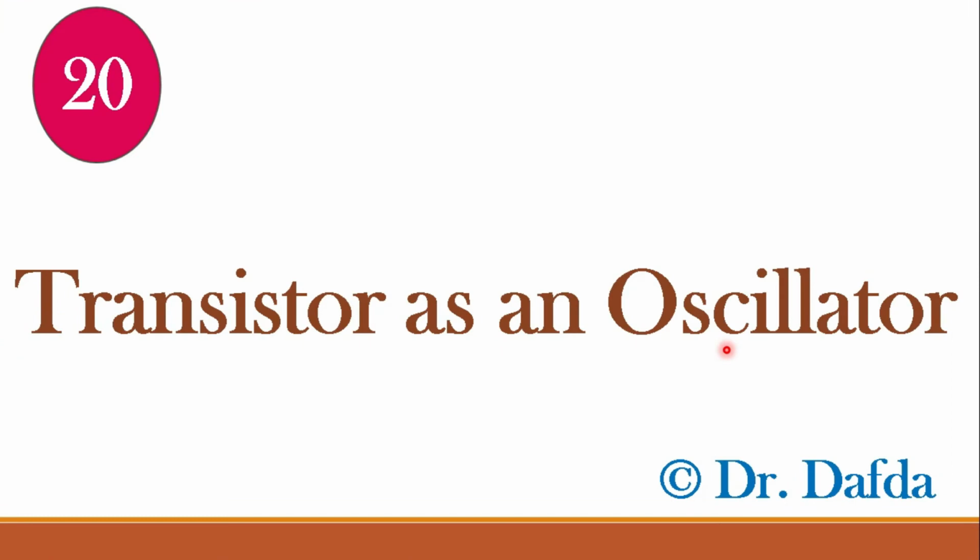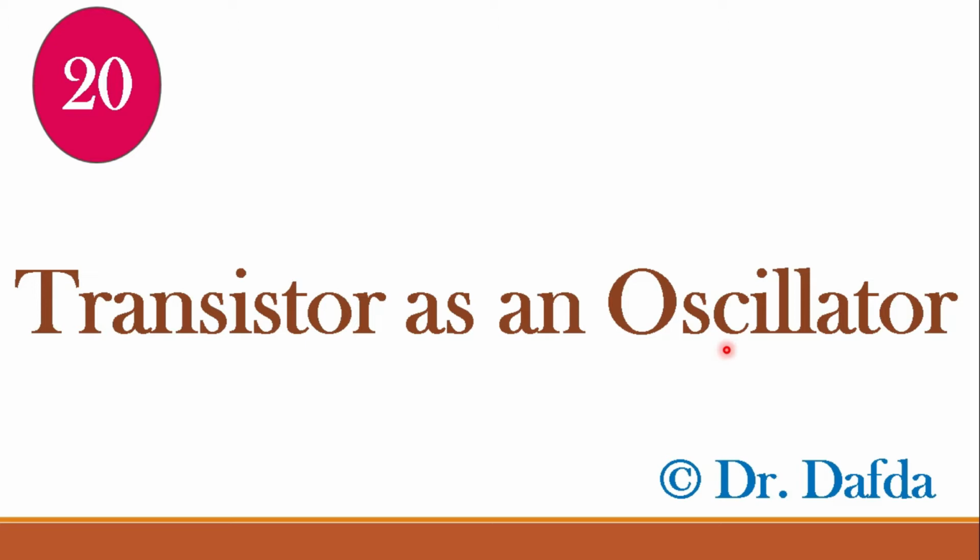This transistor as an oscillator is also known as a feedback amplifier, right? See, for a normal amplifier you get the output signal when you provide the input signal, but for transistor as an oscillator you do not require to give any input signal for obtaining the output waveforms. So hence you can say that the output waveforms are obtained without any external input signal, or the output in an oscillator is self-sustained. Getting it, right?